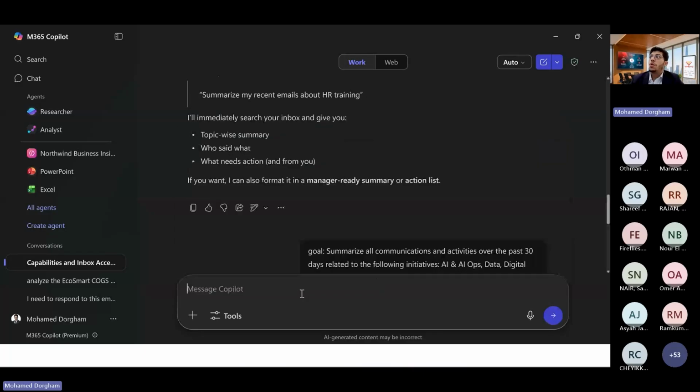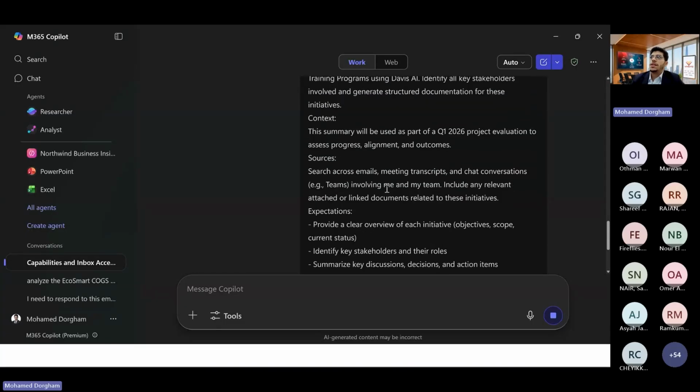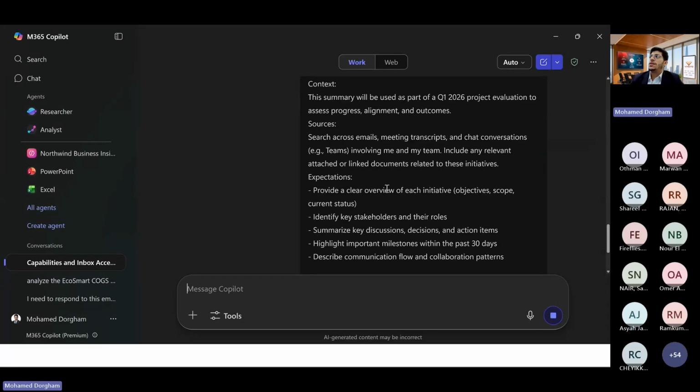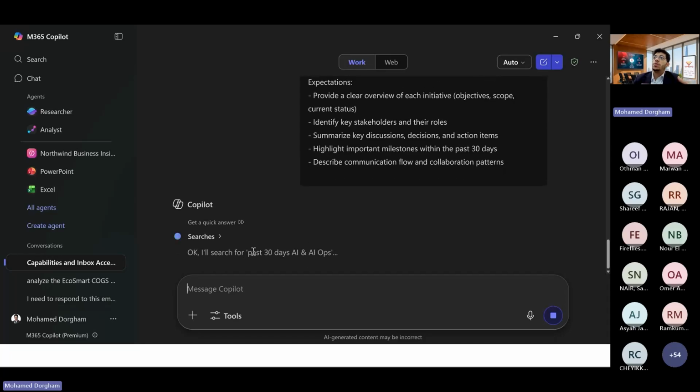Okay, so I want to show you that Copilot can actually give you more than what you think. If you think Copilot is just another ChatGPT, you don't know Copilot yet. Copilot, especially here, Copilot in chat, is a really effective assistant. And we're gonna see now the following. So now it will start to search for the past 30 days about a project. I give it a duration, for the 30 days.